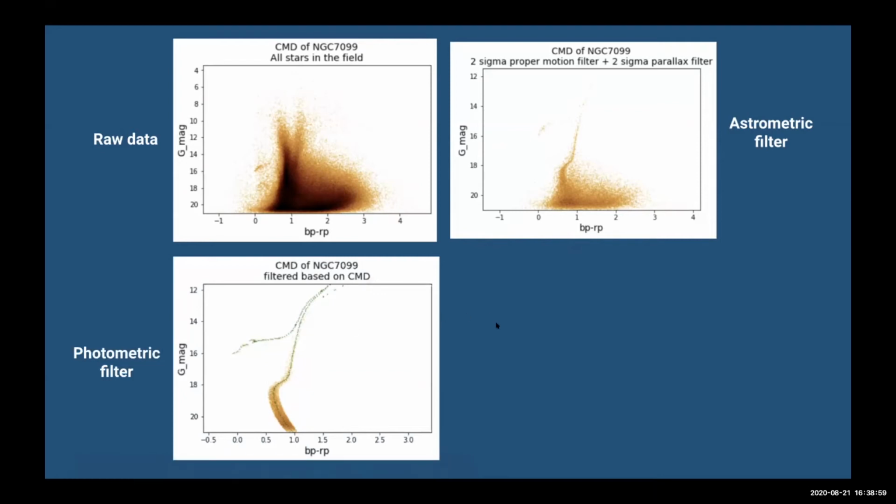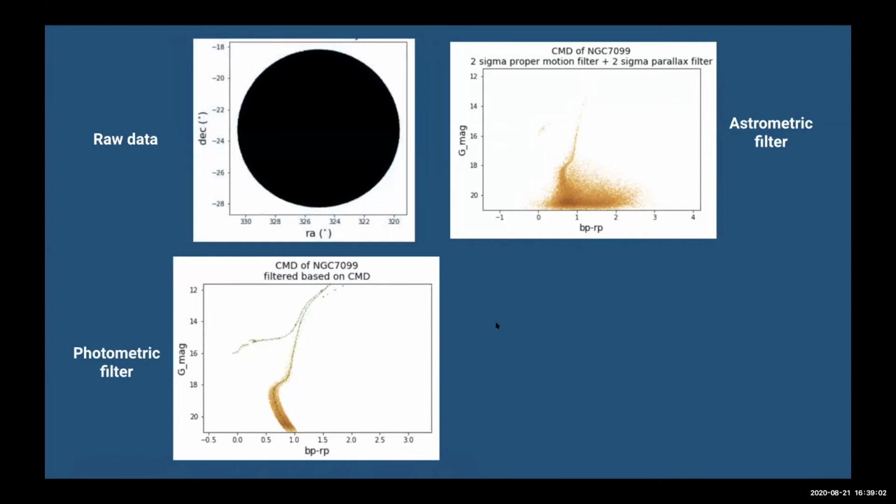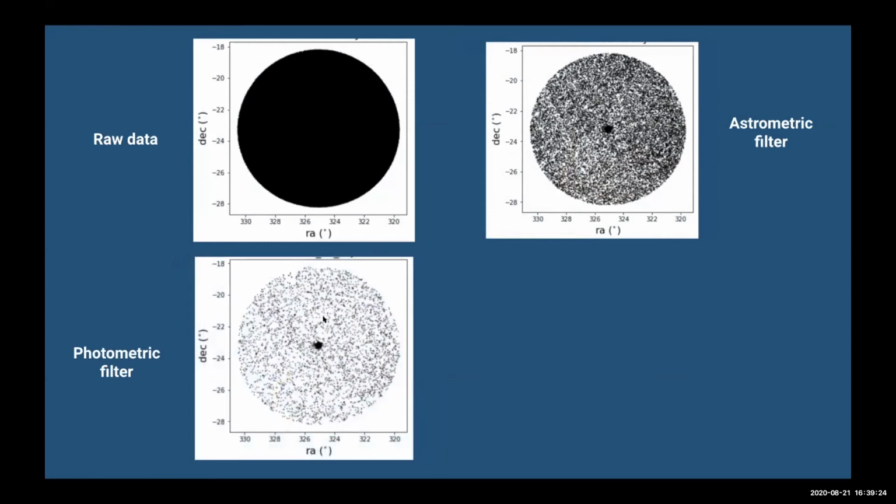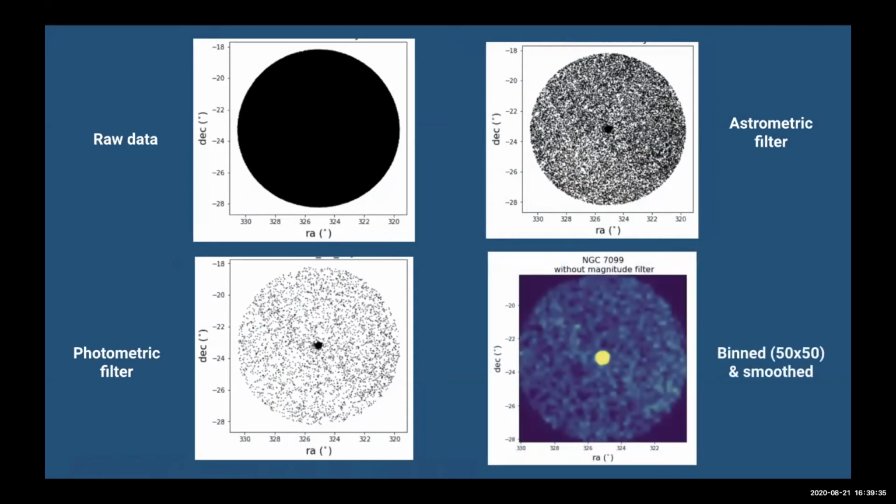Translating all of this onto an on-sky image gives us this. Every star is represented as a black dot. For all of the stars in the field, you can see this is basically a monolithic black block. With the astrometric filter, we're able to narrow it down so we can see there is an overdensity in the center that corresponds to the cluster itself. The photometric filter narrows it down even more. And for trained eyes, you can probably start to see overdensities over here. But for me, it was very hard at the beginning to identify that. And even with binned and smoothed data, I wasn't able to exactly tell that this is a globular cluster